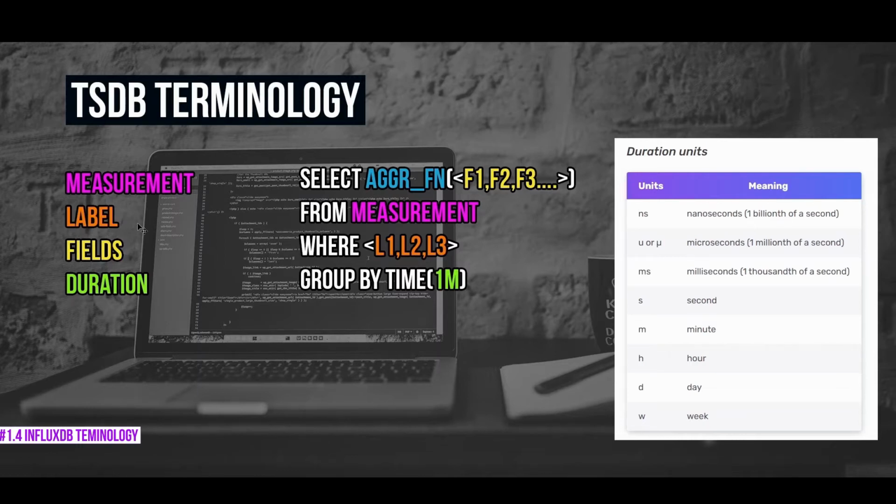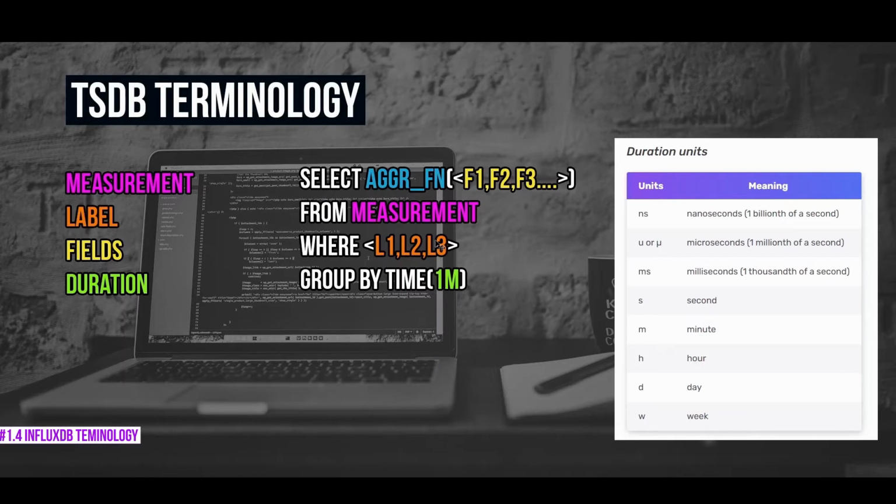Now, while deciding the data structure, you might be wondering, how do I know which one I should set as an indexed column and which one I should leave as a non-indexed column? I'm going to just refer to them as labels and fields going forward. So how do we know which one should be a label and which one should be a field? The rule of thumb that I follow is any column that is going to go into the where clause. Depending on the data that I'm storing, I might have in mind the kind of queries that I'm going to run on this table, correct?